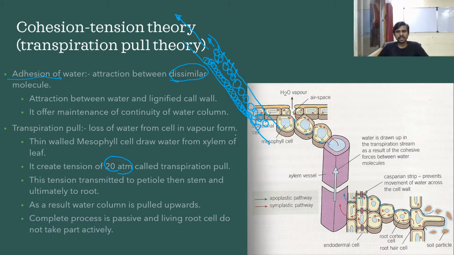Okay, so let's see, guys, how this column of water is synthesized and how the water actually moves through the body of a plant. So these are the two pathways by which water is entering. One is apoplastic, second is symplastic. This red color is moving in the living part, so we can say it's symplastic, and it's the apoplast pathway in blue color here.